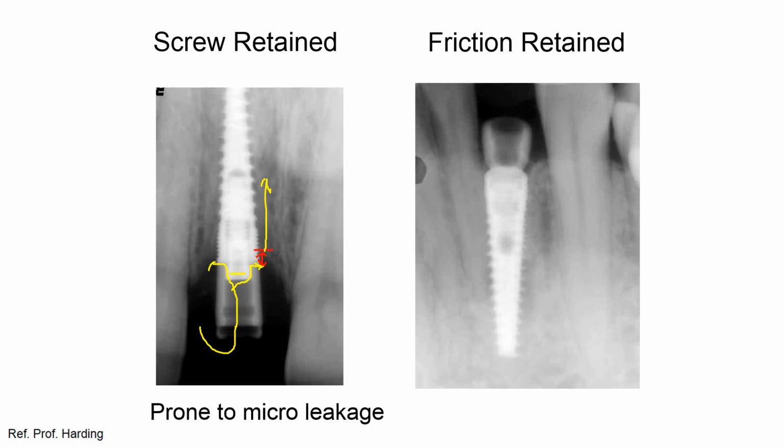So now if we look at the situation on the right hand side, we can see that we have absolutely no connection between here and here. It's a friction fit, so there is no possible way that bacteria from the mouth can get out. Here they hit that wall, and that's as far as they go. They cannot go out. Now interestingly, look at the effect that that's had on the marginal bone. It's hardly moved, it hasn't recessed back. In fact, the bone has actually grown on top of the shoulder of the implant